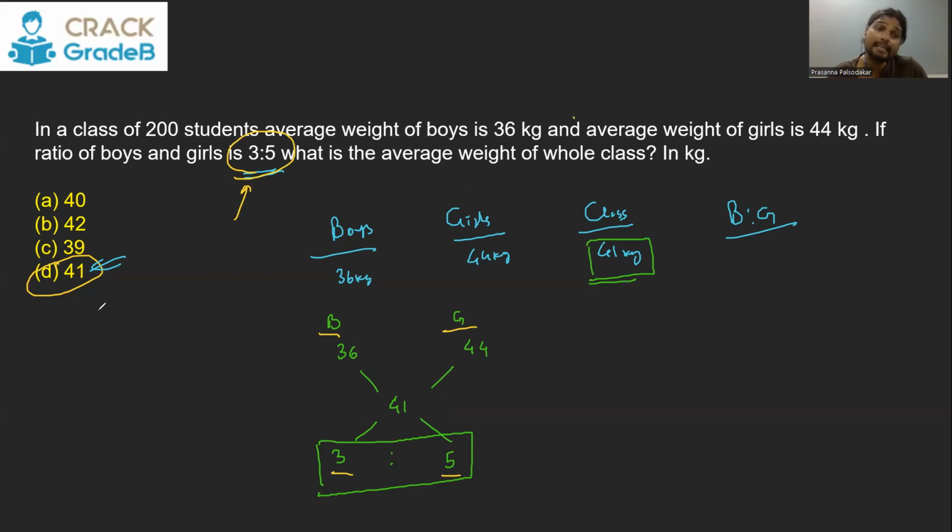So if the resultant is asked, then we use the chocolate theory or weighted average. Like in the actual question, the resultant is asked. What is the average weight of the whole class is asked. And that is why we use the chocolate theory or the weighted average concept there. But if the average weight is given and anything else is asked, in this case, for example, the ratio was asked, then we use the allegation because we know what to take the difference with. If that is asked, then we use the chocolate theory or weighted average. So I hope you understood which method to use when, whereas they are the same thing.